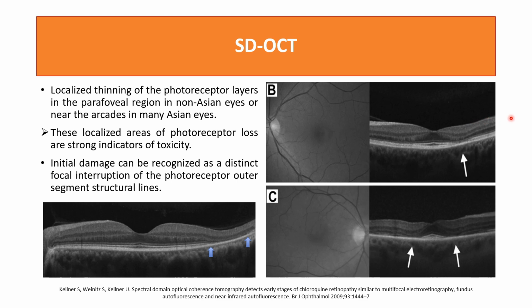For the spectral domain, OCT is very important in the diagnosis of hydroxychloroquine retinopathy, one of the gold standard diagnostic tests. We'll talk about these tests deeply in this lecture. We always use spectral domain OCT in the screening of patients on hydroxychloroquine, which can show localized thinning of the photoreceptor layers in the parafoveal region, or localized thinning of the photoreceptor ellipsoid zones in the paracentral area, which are strong indicators of